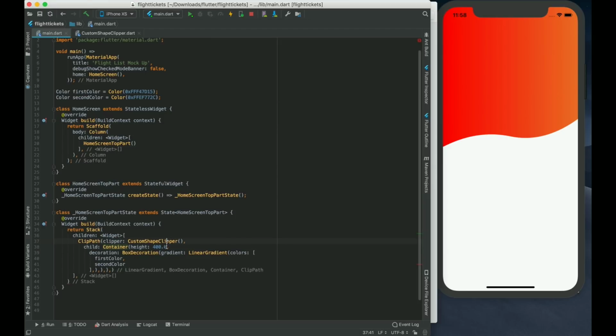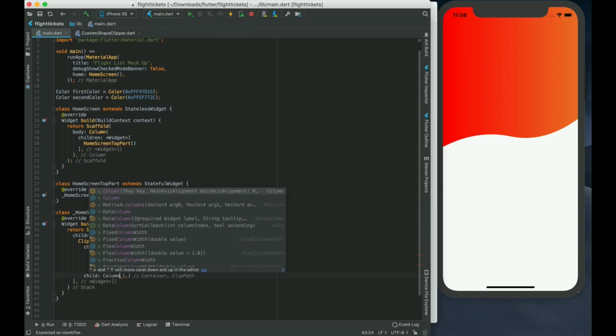Okay, container, it will have a child, so we are out of decoration, out of gradient. Child, so this child will actually contain a column